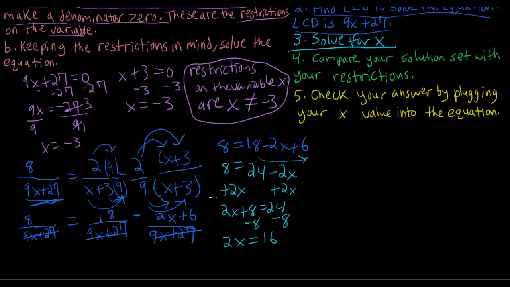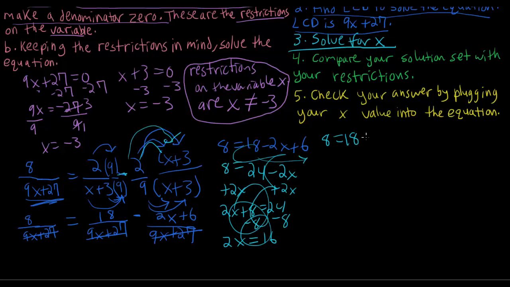And actually, a quick correction, I made a mistake over here. Let's just start over. Right here, when I multiplied, this negative sign should have distributed to both of these. So it should have been